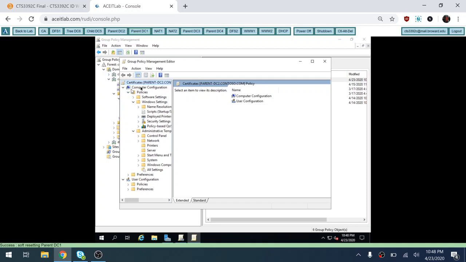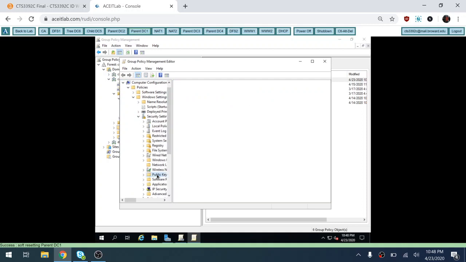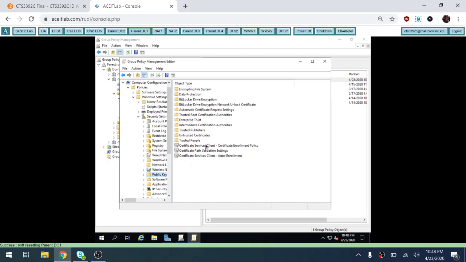Go to Computer Configuration, Policies, Windows Settings, Security Settings, then Public Key Policies. We need to configure these three policies. Do you see these items right here? These are our certificates that we already trust. You can also access them